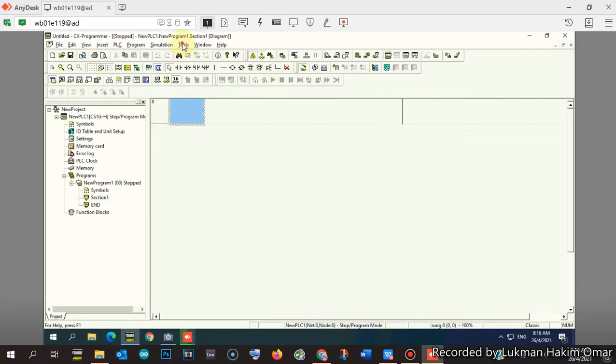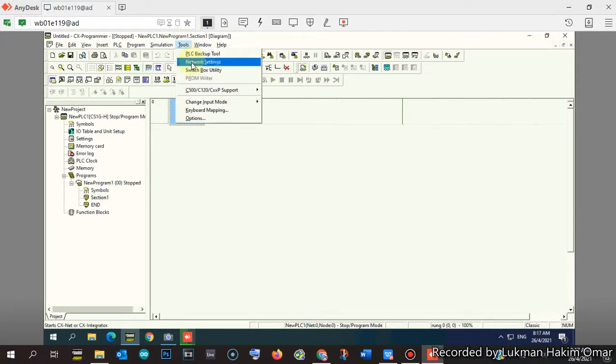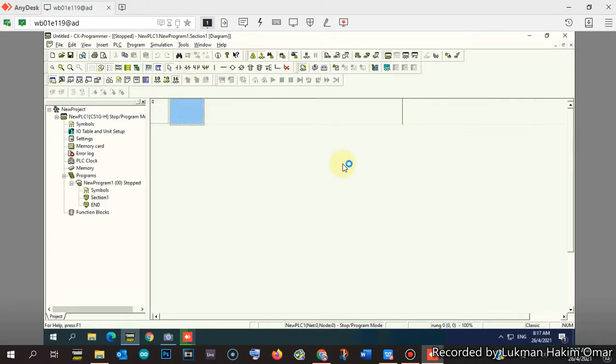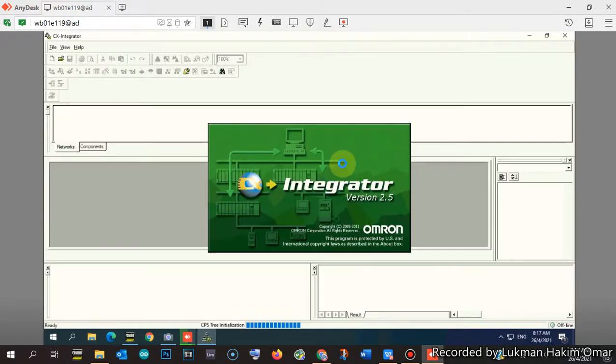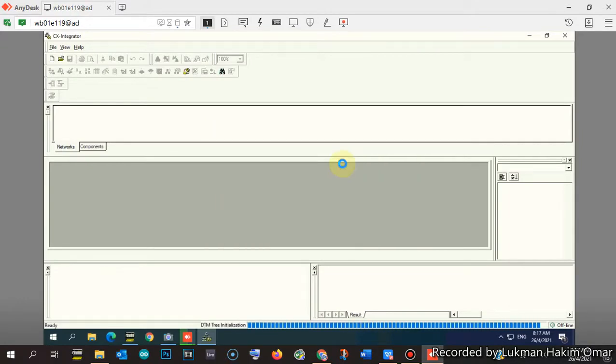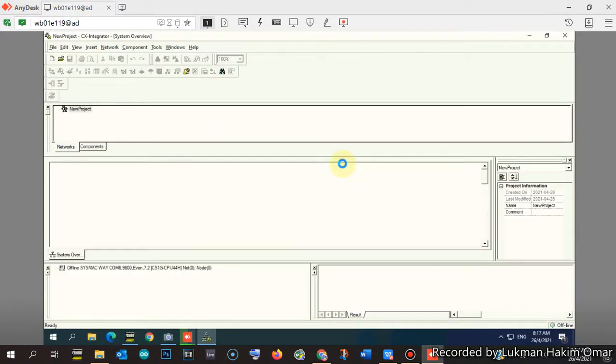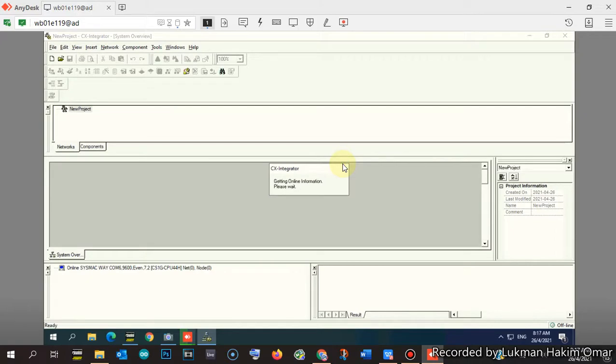Then you just go to tools and select network setting. This will open the CX Integrator, the built-in application for managing the networks in Omron PLC.